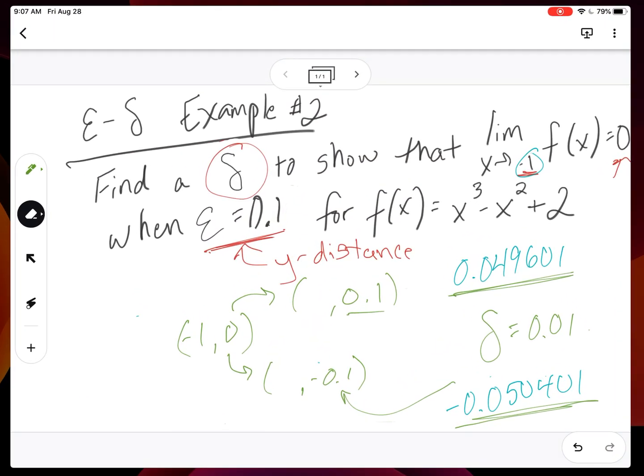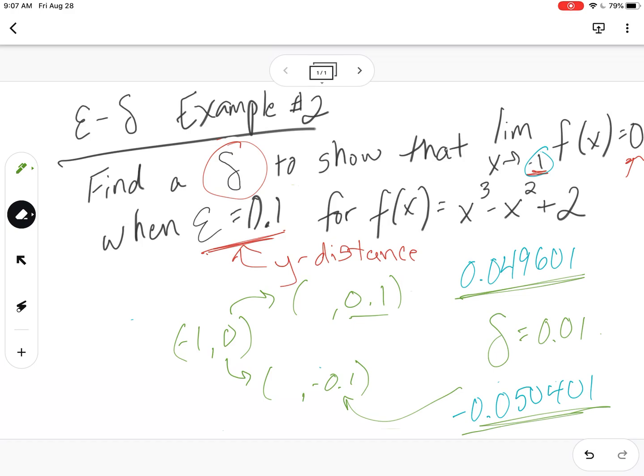So again, be very, very careful what numbers you test and what numbers you try. But again, there's multiple right answers you can get for our delta value. It's just about trying to pick something small enough, something close enough to what we're looking for. And again, be very, very careful for how this works. Again, you're using your delta as an x distance, and you're using your epsilon as a y